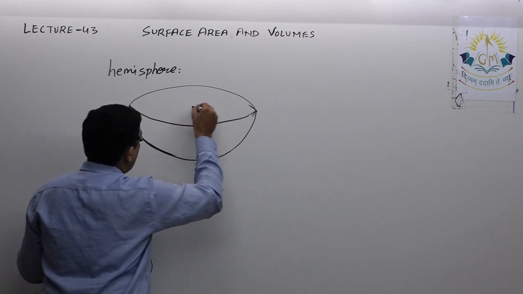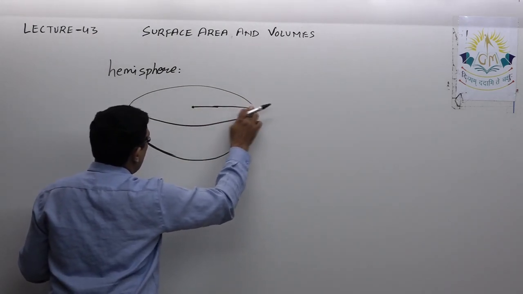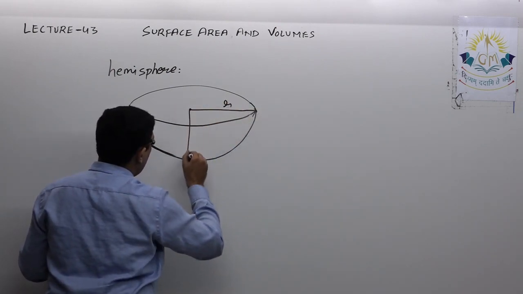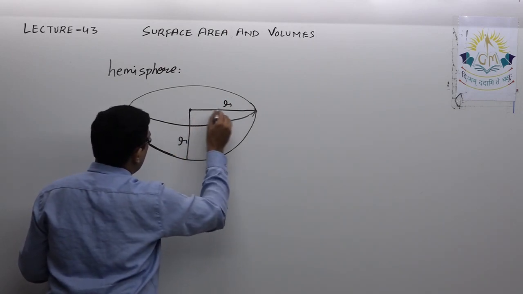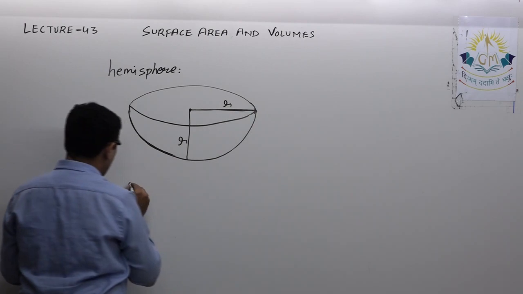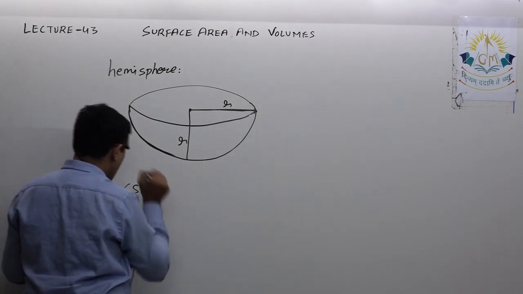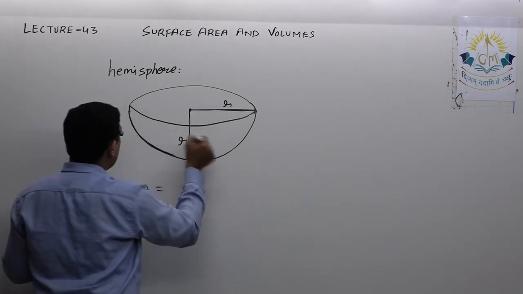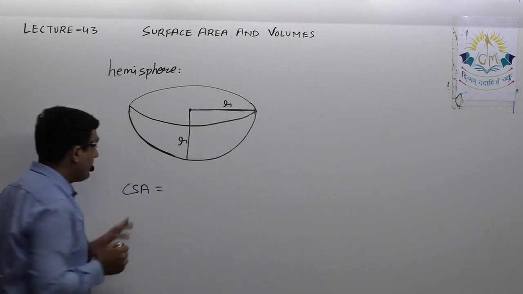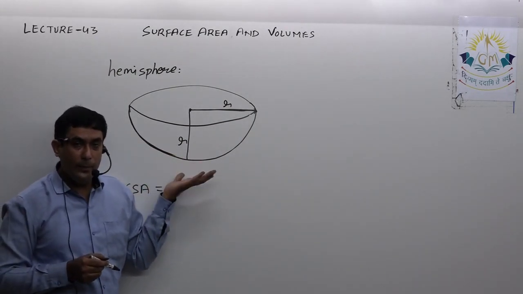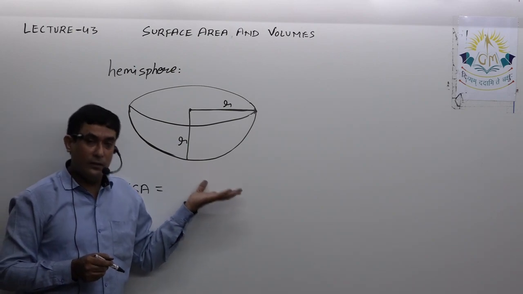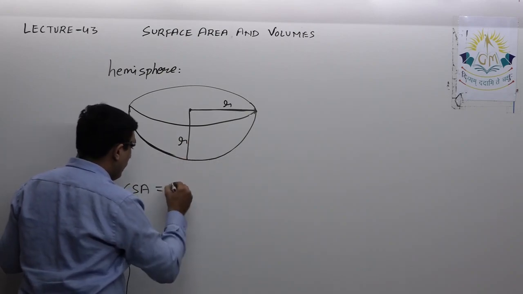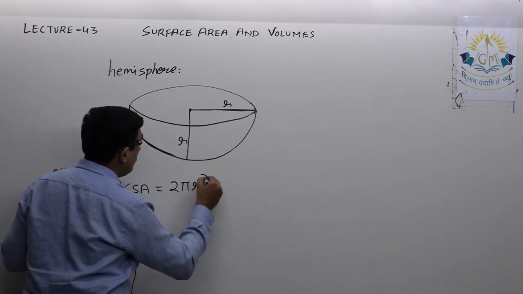Okay, now if I consider this radius is r, it has only one dimension, its radius, considered as r. As well as this will be r, isn't it? Both are the radii of the hemisphere. Now, if I say curved surface area, see, in a sphere there was only one surface, the curved surface. Here you can see other than the curved surface, we have a flat surface as well. Now, the curved surface of a hemisphere is exactly half of the curved surface of a sphere. So, the curved surface area of a sphere was 4 pi r square. So, here it will become 2 pi r square.